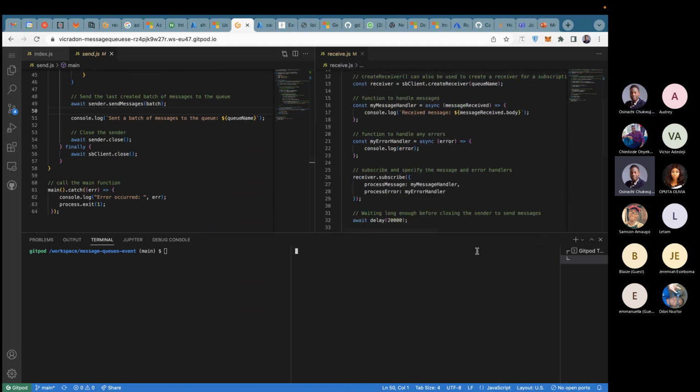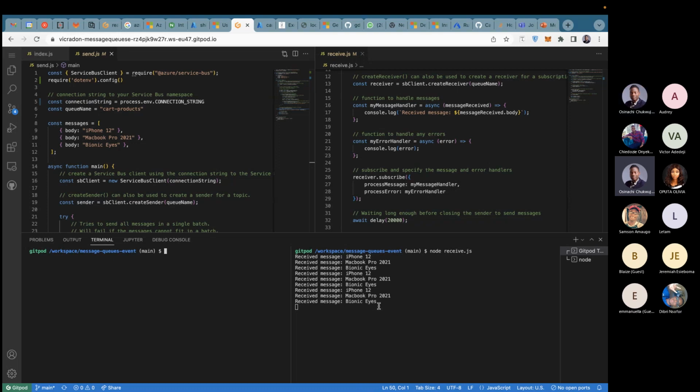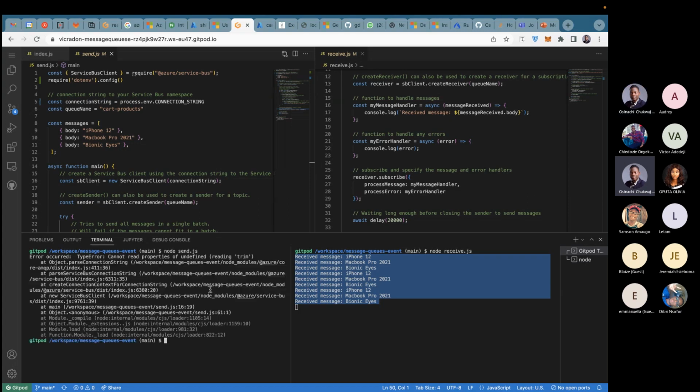So this is not really a code demo, so I won't be looking too much at the code. I'm just going to run the code so that you see the output. First, I'm going to run the receive code so that it can be running before we send the data to the queue. Okay, I already had some things in the queue, right? So it just received the messages that were already there. And if I do run the send code,